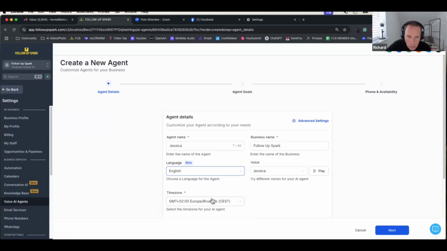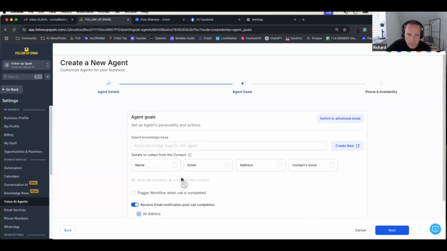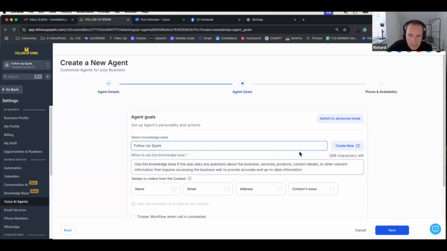Choose the time zone that you want your AI avatar to speak in. Obviously, if it's 24/7, you don't have to worry about it. Business name is important. Obviously, choose the voice. We've gone for Jessica. Just hit next. And then if you've already created a knowledge base for your conversational AI, you can actually select the same knowledge base. So let's just go Follow Up Spark because I've already